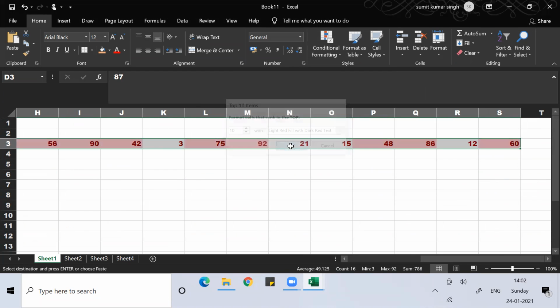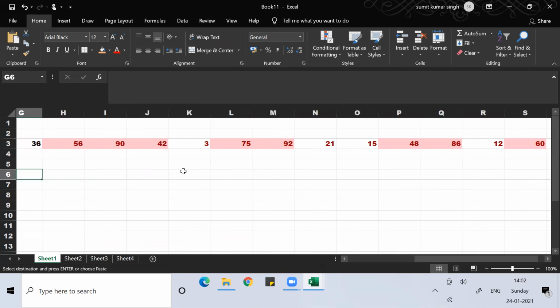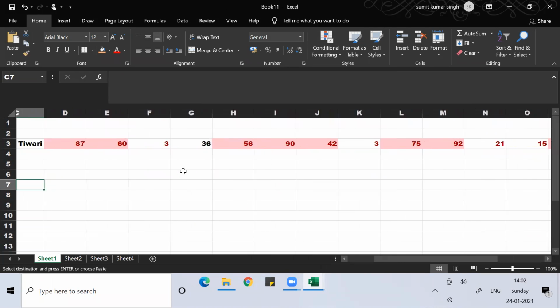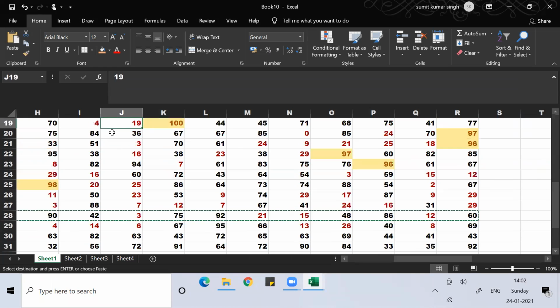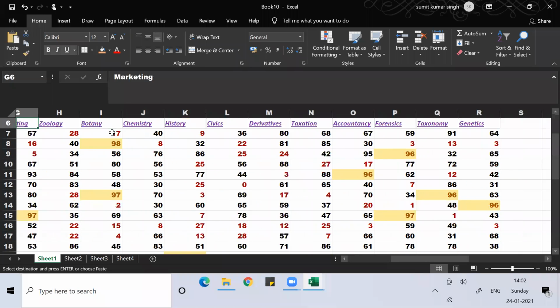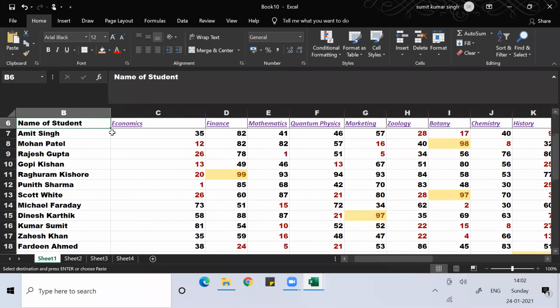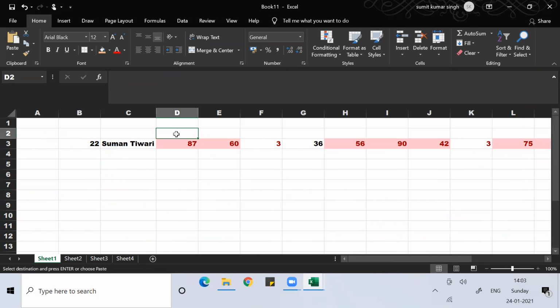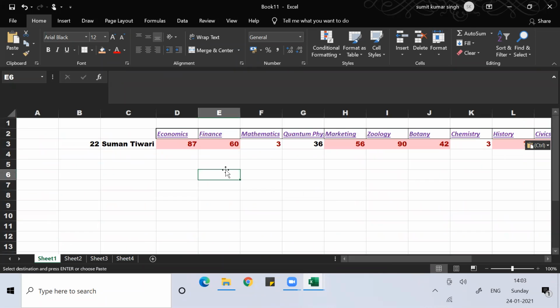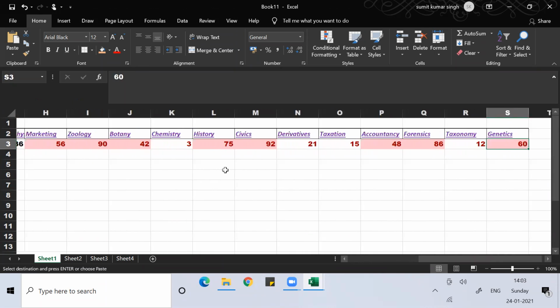So you can see Suman Tiwari's top marks if you want to investigate. You copy this object and paste it here. You can do a postmortem of the marks of Suman Tiwari like that.